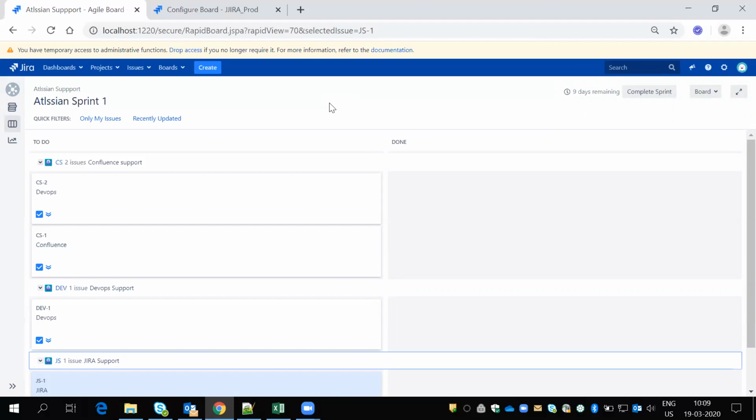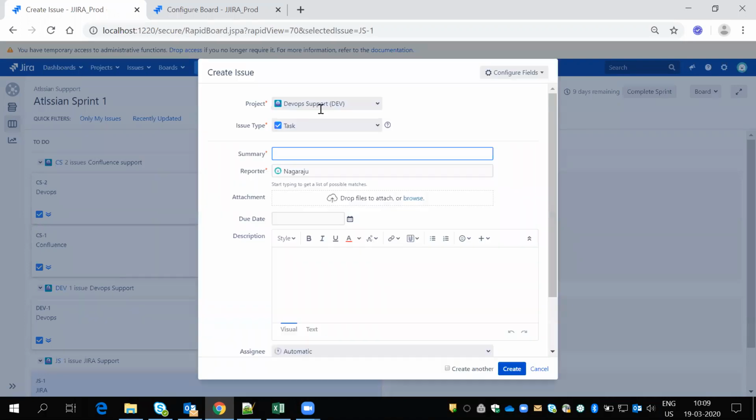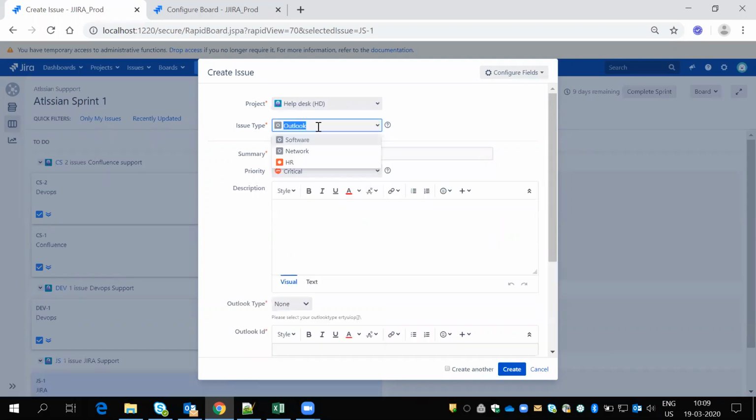Suppose, first, how we are creating these tickets. As we discussed previously, I have some help-based projects. In a help-based project I have these types of issues: Outlook, software, network, and HR.